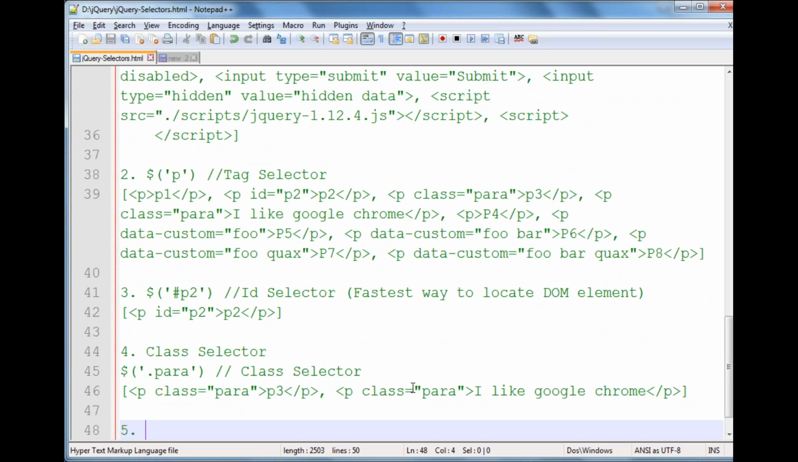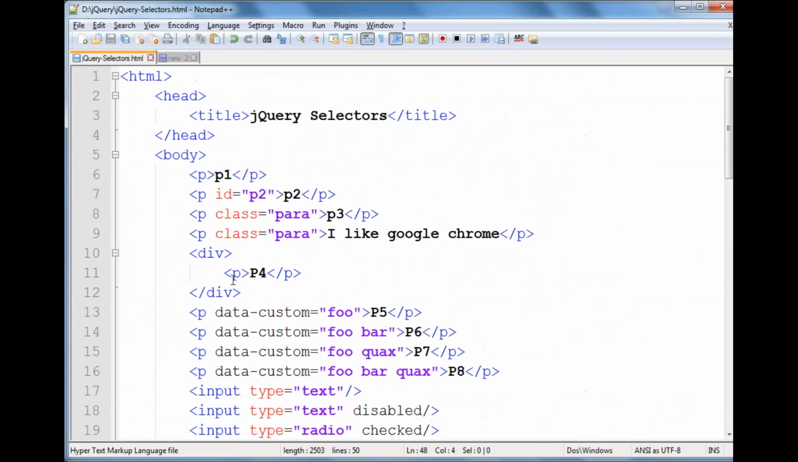The next selector we are going to see here is the hierarchical. Under the hierarchical selector, we have one important selector called ascendant and descendant. For instance, I just want to get all the paragraphs which are under a div tag. So to retrieve that,